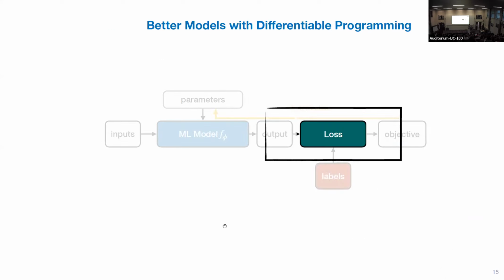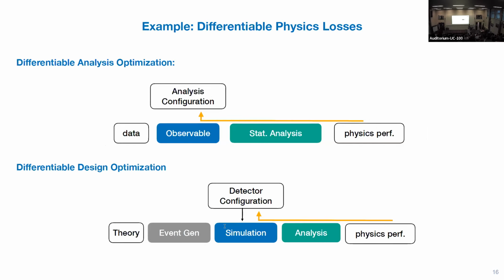So I talked about this. Yeah, so then the last thing is, okay, can we improve the losses through differentiable programming? There are these types of patterns where you might want to do differentiable analysis optimization, where you have an analysis configuration, let's say neural network weights, and normally instead of evaluating against a standard loss, like binary cross entropy, and then sticking it back into the analysis pipeline and evaluating all systematics and so on, you can just directly run the downstream analysis and see the physics performance, and you can backpropagate.